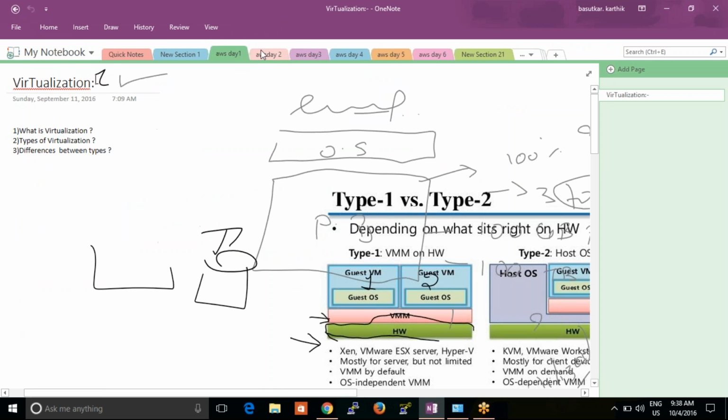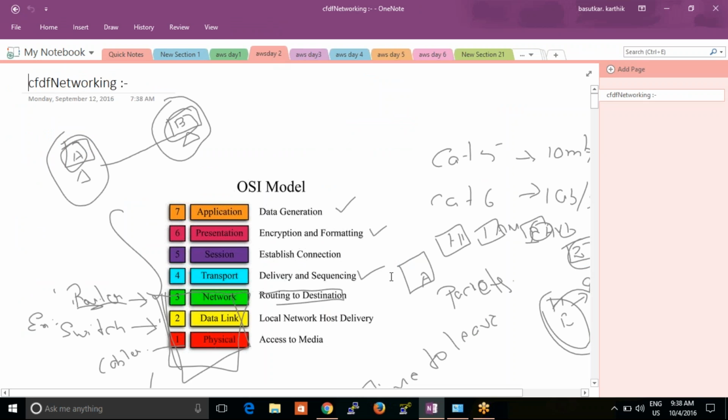So the transport layer transports the data in packets. See,